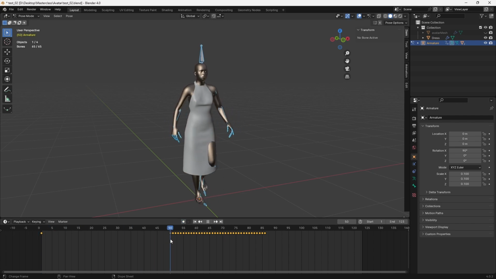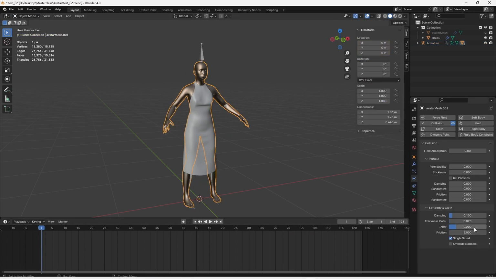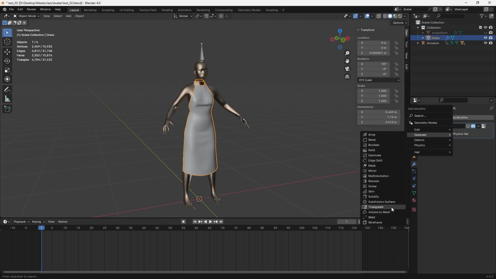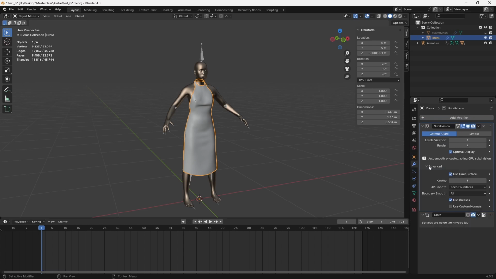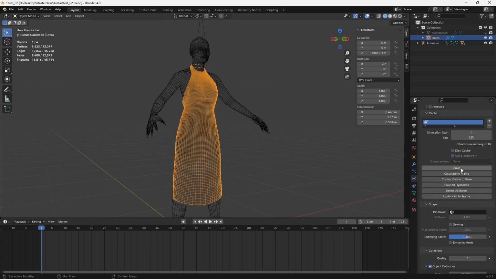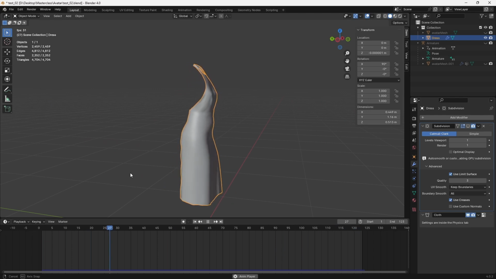To achieve a better looping cloth animation, it is recommended to make it loop at least once during the simulation by duplicating all keyframes corresponding to the walk cycle and moving them right after the first one. Now, apply a collision modifier to the rigged avatar and a cloth modifier to the dress, using the same values as last time. Also, add again a subdivision modifier and move it at the top of the stack with a value set to 1. Instead of playing the simulation in the timeline, use the Bake button in the Physics tab of the Properties editor. Once baking is complete, check the animation.